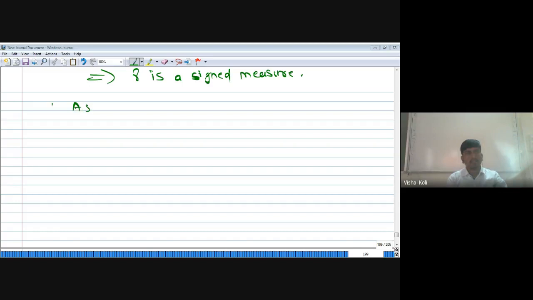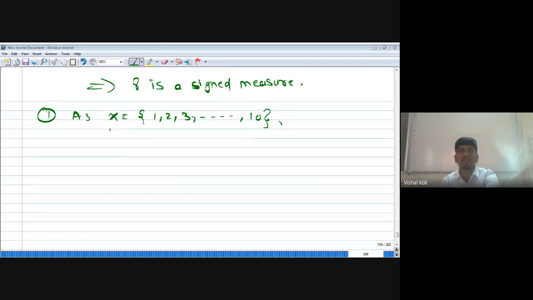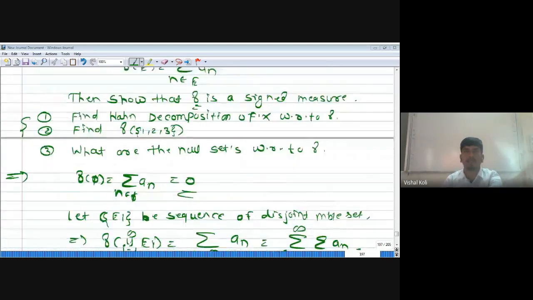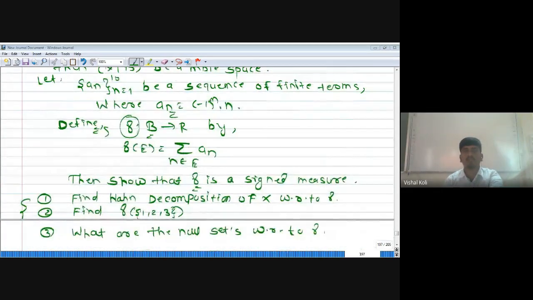As first, X equals 1, 2, 3 and so on. If we take n equal to 1, then the corresponding first term of the sequence is nothing but minus 1 to the power n into n, that is minus 1 to the power 1 into 1, which is minus 1. A2 equals minus 1 squared, which is plus 1 into 2. A3 equals minus 1 cubed, which is minus 1 into 3. So we get